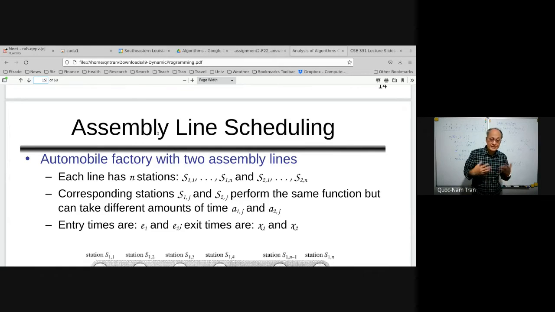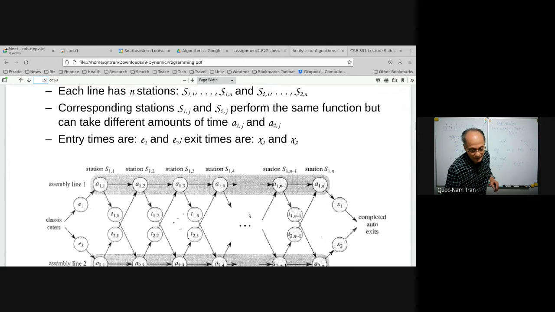Okay. So assembly line scheduling is a real-world application, and it's used a lot. Okay, and you know that is producing cars and vehicles, some big applications. And that said, they need to find the fastest way to produce the cars so they can earn the benefits,